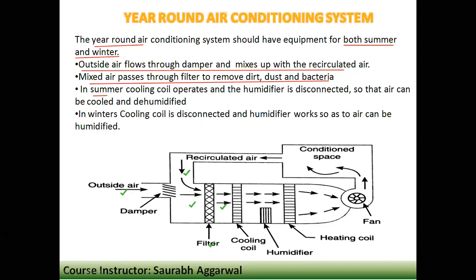So what is there in this process, just a second, this process cooling coil is not used, and we use the humidifier in place of putting cooling coil. Now what happens is, we humidify the air and we heat it with the help of heating coil to the desired temperature. So humidifying and heating is done, and it is sent to the conditioned space, and then the air is recirculated.